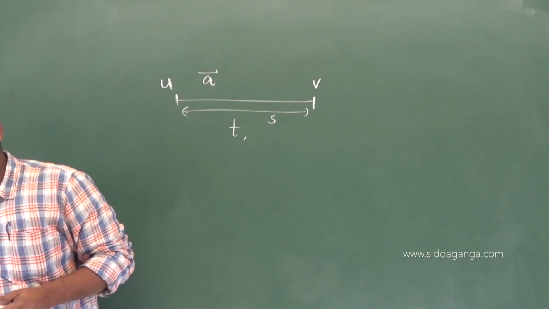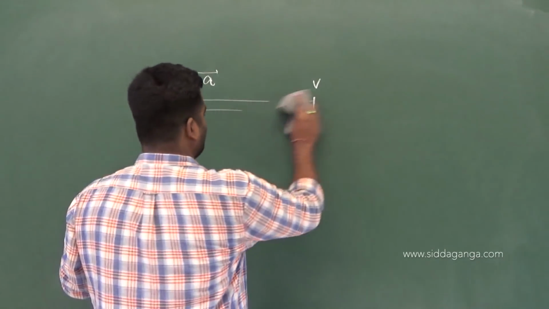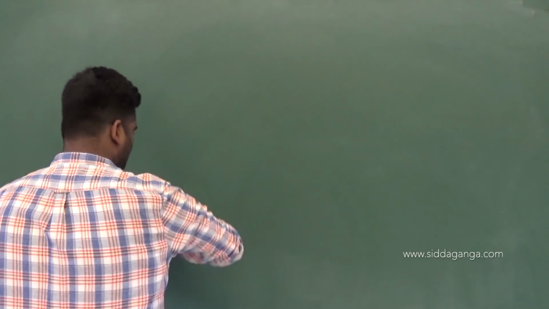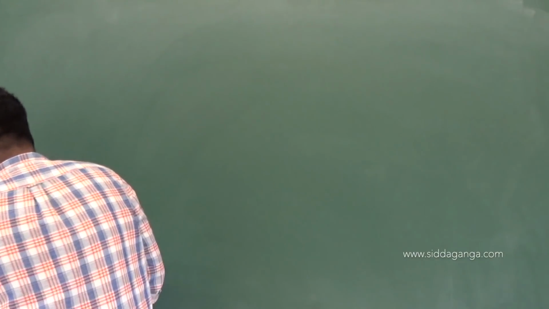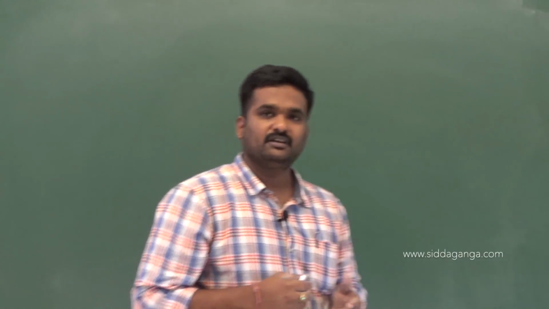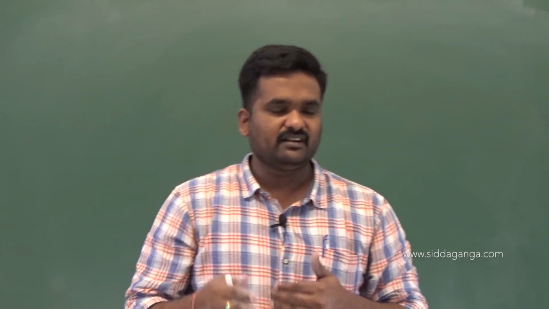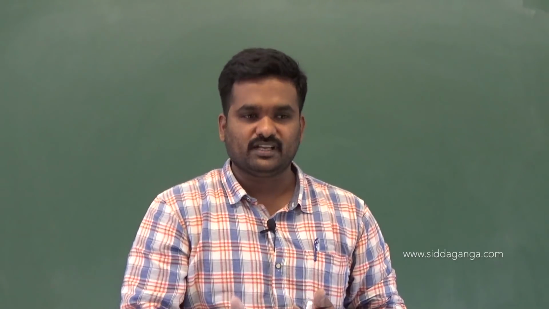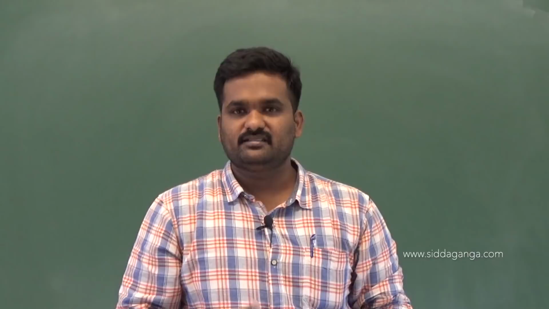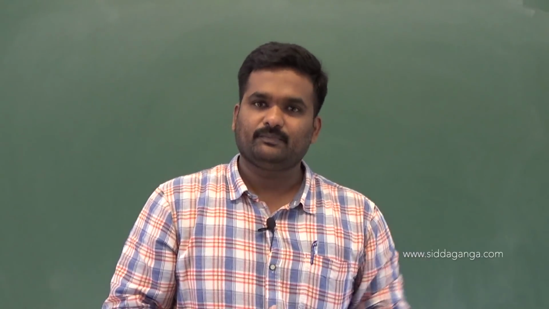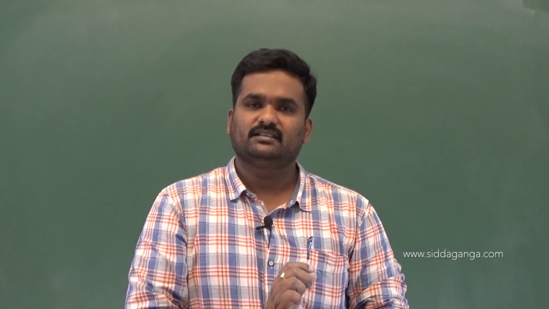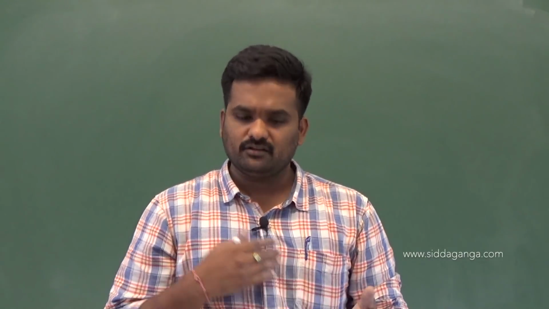For any kind of motion that you want to study, certain equations are necessary. I will give an example, in a simple way, for a limited extent. Limited extent means, for example, a body travelled 10 meters in a time of 2 seconds. What will be its speed? I can directly say 10 by 2. But for any kind of motion, you can't do it like that, or you can't predict it.